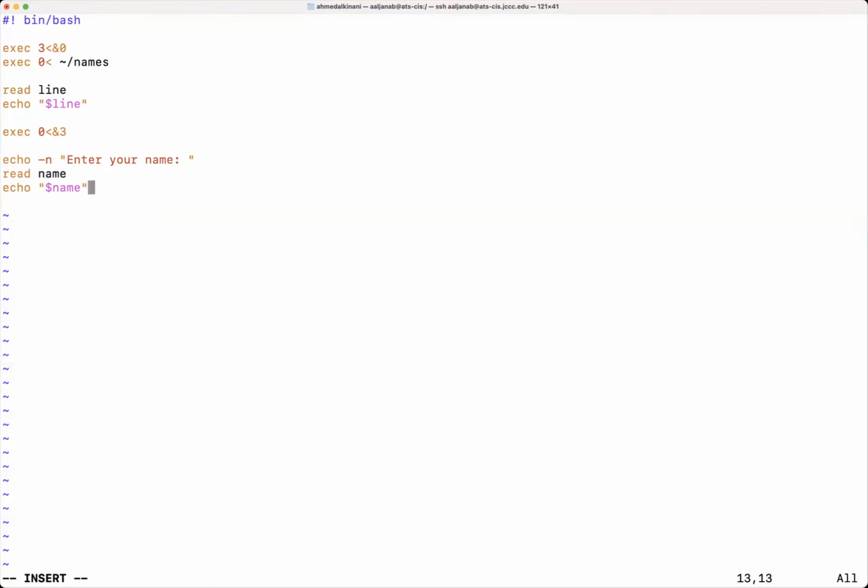Again, this is optional. But remember, we are limited with how many file descriptors we have. So, for example, as I said, we got 3 and 4 and 5 and 6 and 7 and 8. So how many of those do we have again? 3, 4, 5, 6, 7, 8, or 6 available. What if I need more? Well, all you have to do in a case like that is to make sure that if one of those file descriptors is not utilized anymore, you can just close that file descriptor and utilize it with another one.